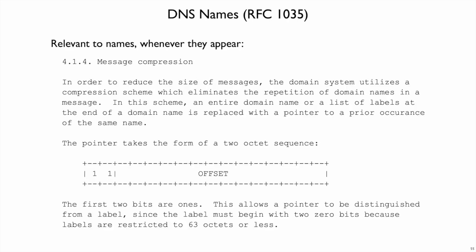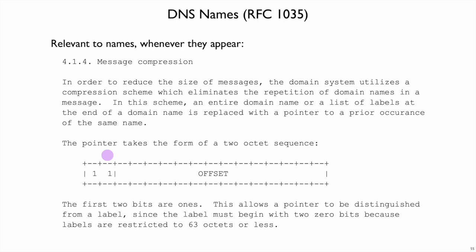There is one last catch, which is we saw that www.cs.utah.edu was part of the message. DNS wants to keep messages very small, and often pieces of names or whole names appear multiple times in a question or answer. To avoid repeating that information, whenever you might write a name with this 3, 2, 4, 3 kind of pattern,